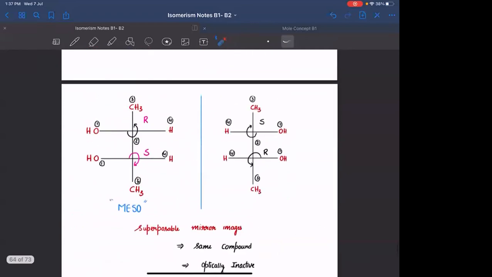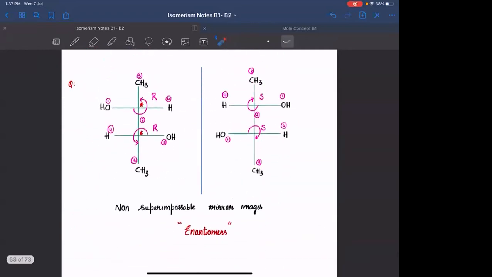ठीक है. हमने ऐसा कुछ देखा, if you are having more than one chiral carbon, in that case the molecule can be chiral overall or it can be achiral. It will be chiral if you are having asymmetry. मतलब the molecule should not be symmetrical. In this case, the molecule is not symmetrical. Or else if you assign the configurations, both of them are R. मतलब both the half parts will be rotating in the clockwise sense or in the anti-clockwise sense.